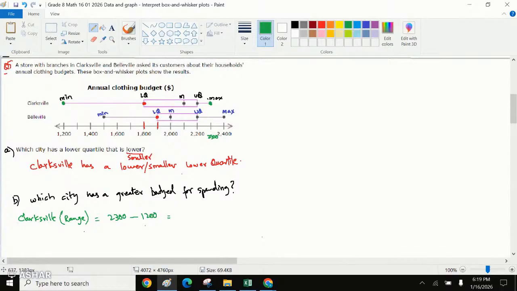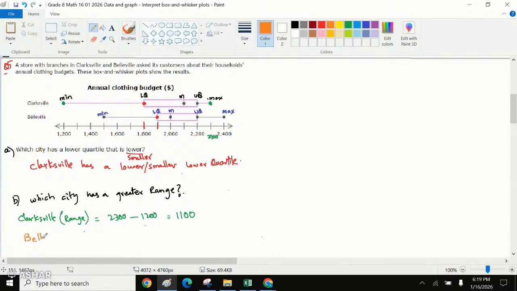Greater budget, no, we say greater range. We would directly use the word range because the greater budget means the higher value on dollars, right? Greater range of spending. That would simply be 2,400. We are looking at greater range. This means 1,100 is the range for Clarksville, and for